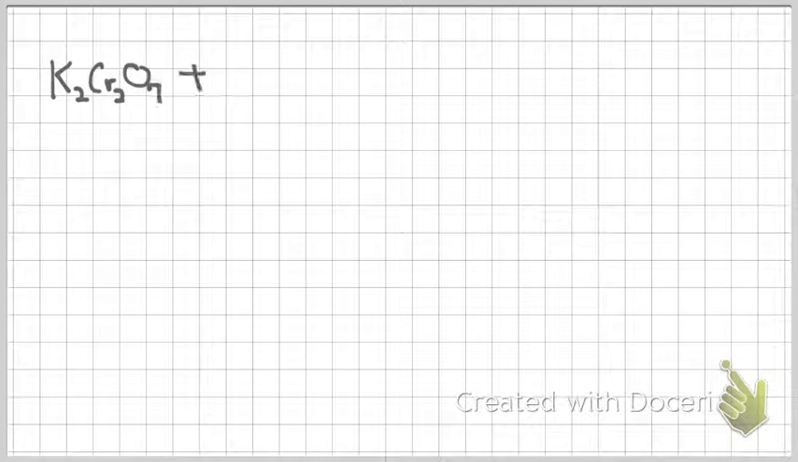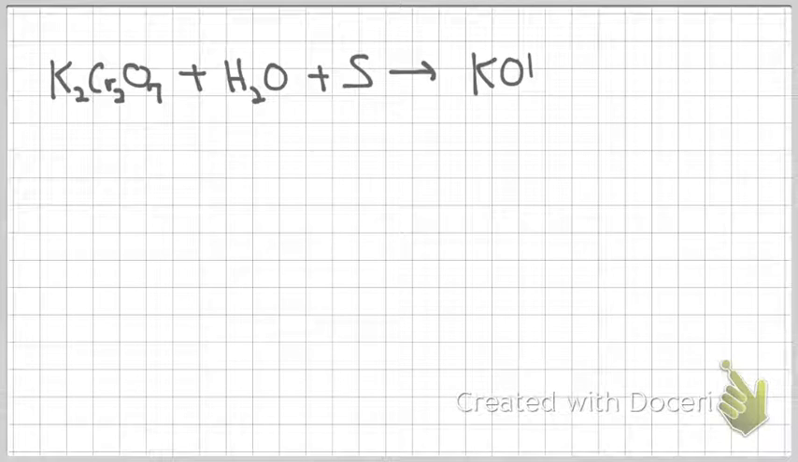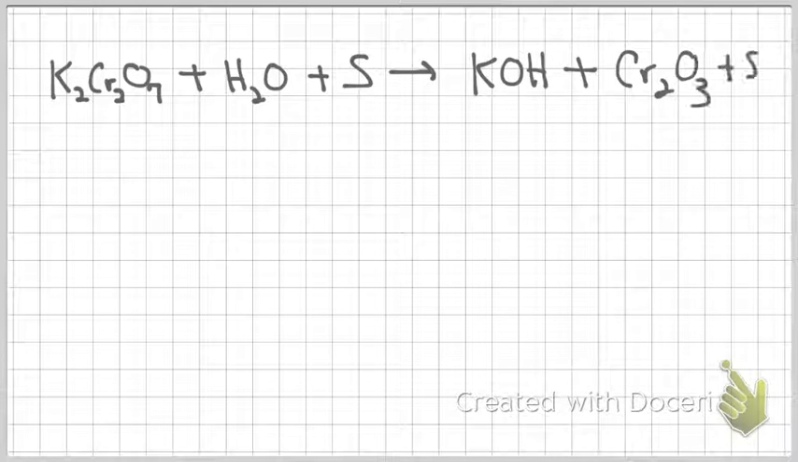I'm going to go through an example of a problem that involves balancing a redox reaction using the oxidation number technique. So here's the equation that I'm confronted with. And in order to make sure that this is an oxidation reduction reaction, I'm going to